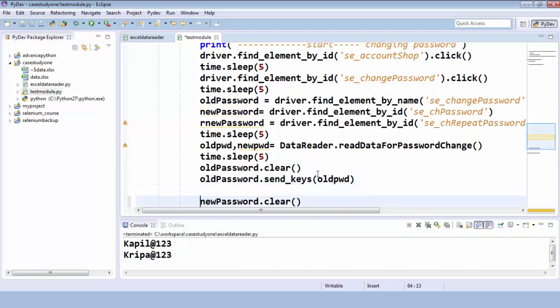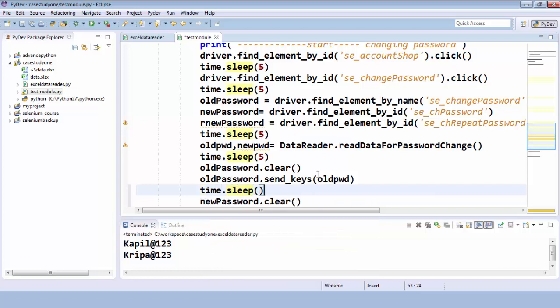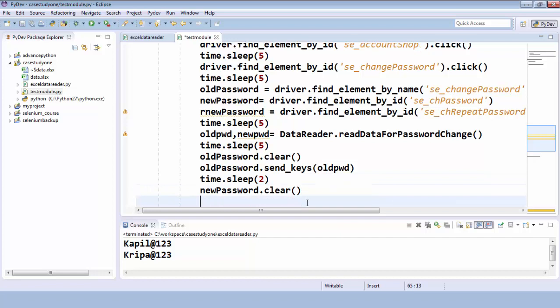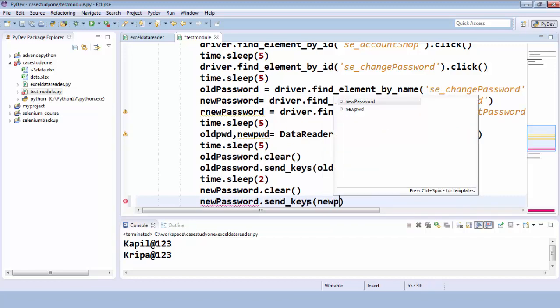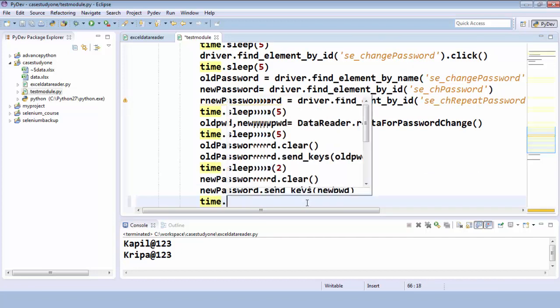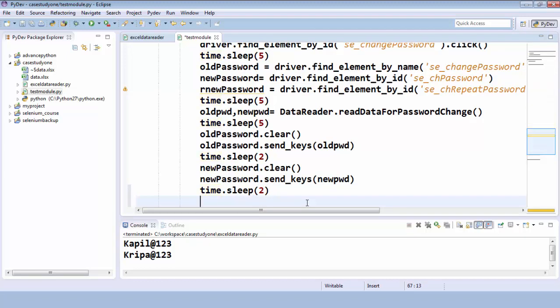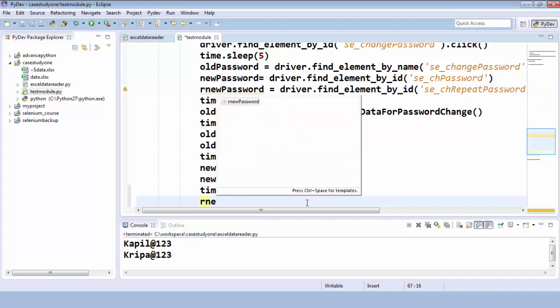So I will wait for some time, let's say time dot sleep for 2 seconds. After that I'm clearing the new password text field, and then we are supplying the password. So new password dot send keys new pwd. After that there is a repeat also, time dot sleep for 2 seconds, and I'm saying repeat new password